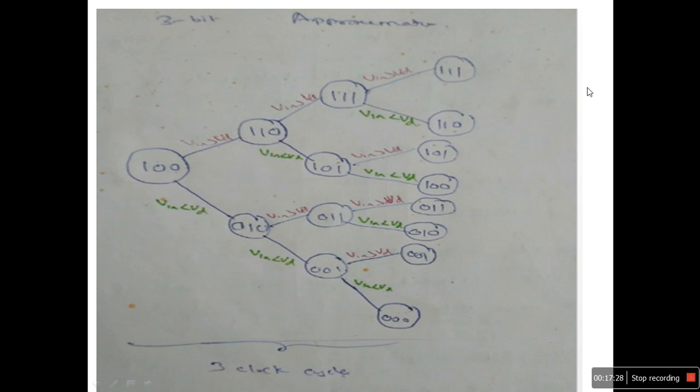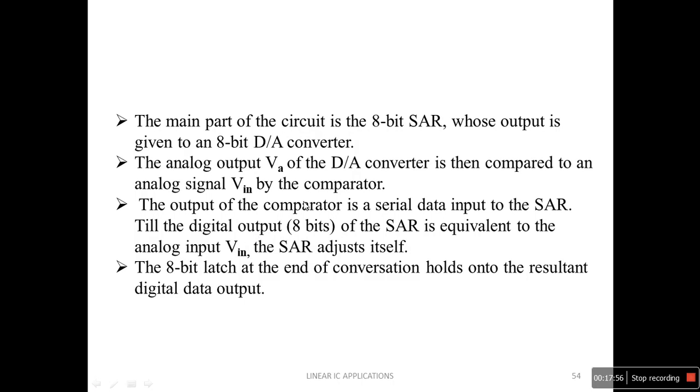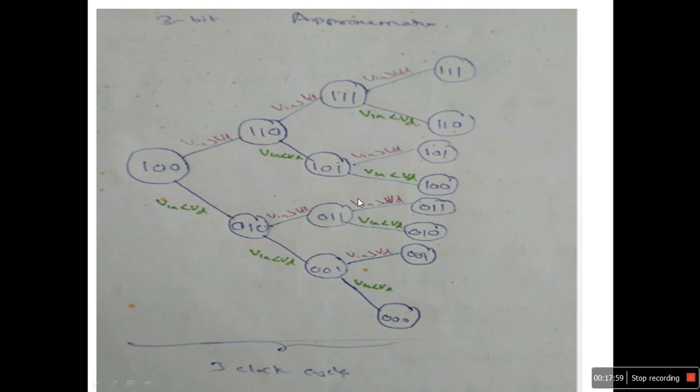Similarly, for example, if our input is 3, this analog input voltage is less than this one, therefore it becomes 0, 1, 0. Then what is the output of 0, 1, 0? It is 2. Again 3, the analog voltage, is greater than this one, therefore it keeps the present bit the same and the next bit will be set: 0, 1, 1, which is still 3. So there is no other chance, directly 0, 1, 1 is the equivalent.